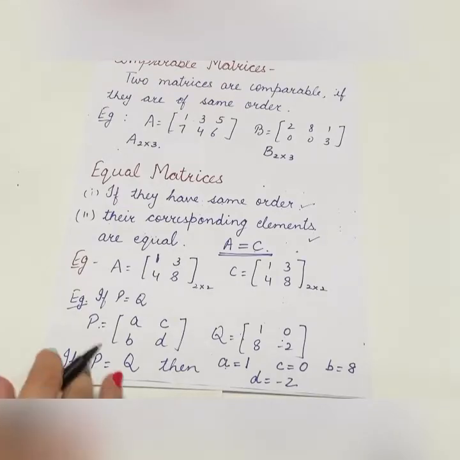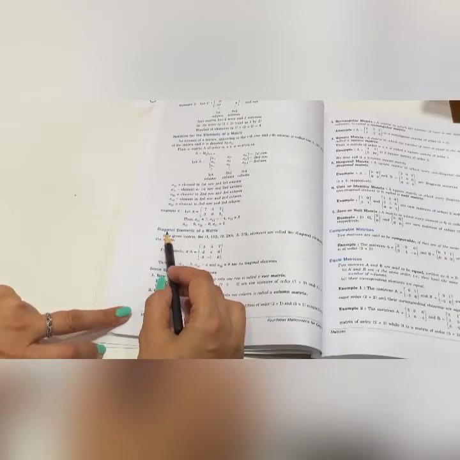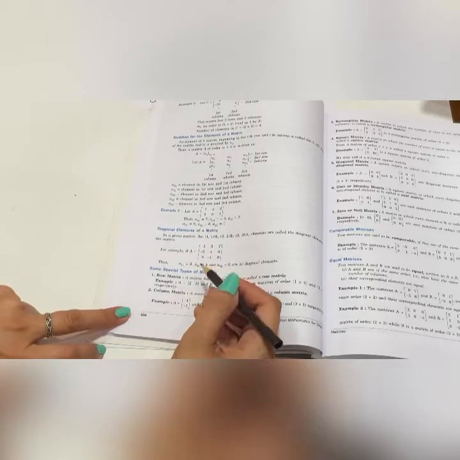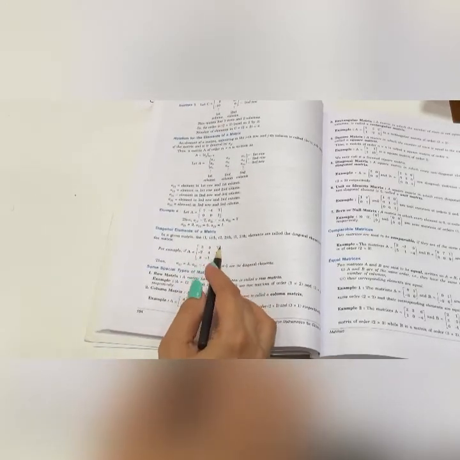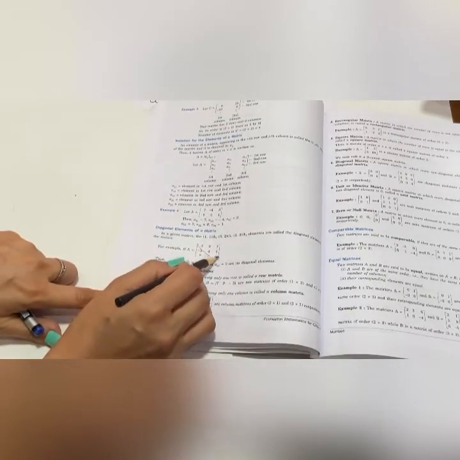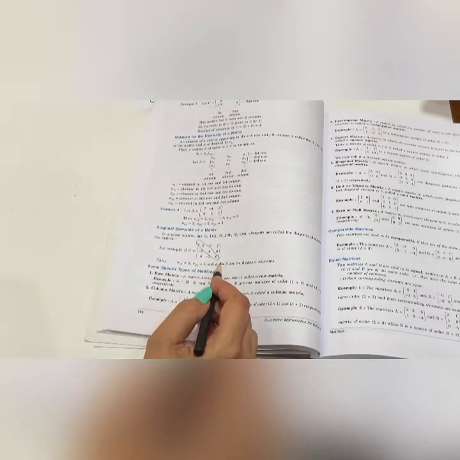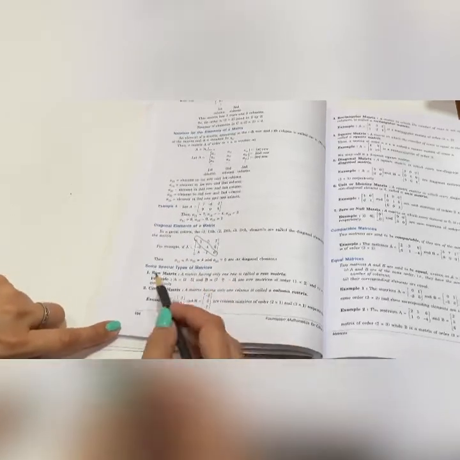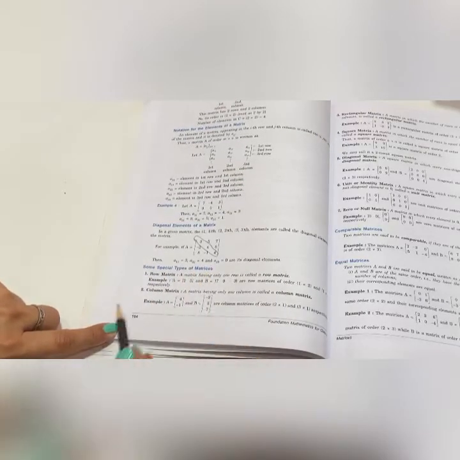Now the next thing we have to study is the types of matrices. Now see, the first we have is the diagonal elements of a matrix. Matrix A is given by 3, minus 2, 5, 4, 7, 6, 0. Now these will be the diagonal elements of the matrix, right? Let us do some special types of matrices. When we are doing the special types of matrices, they are easily recognized by their names.